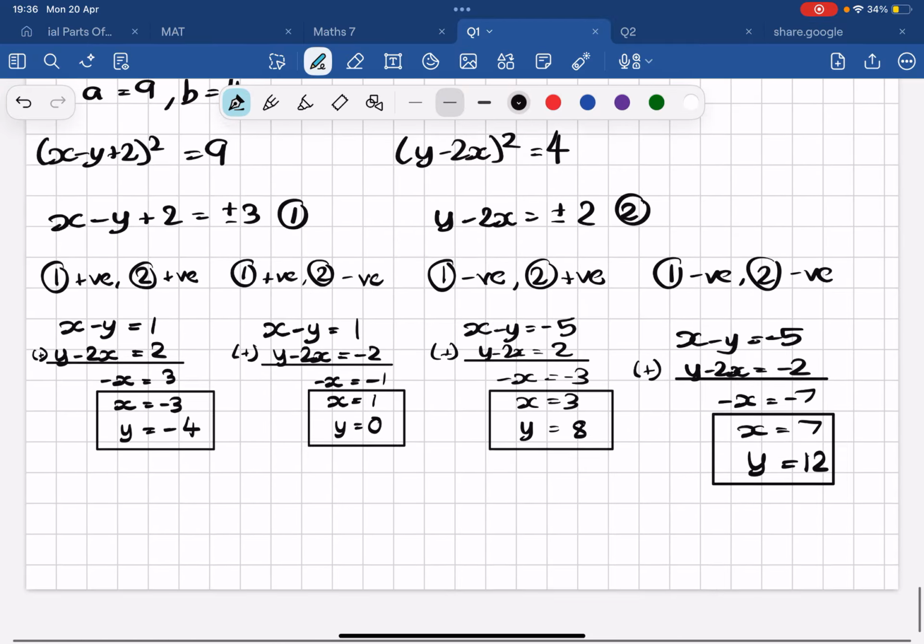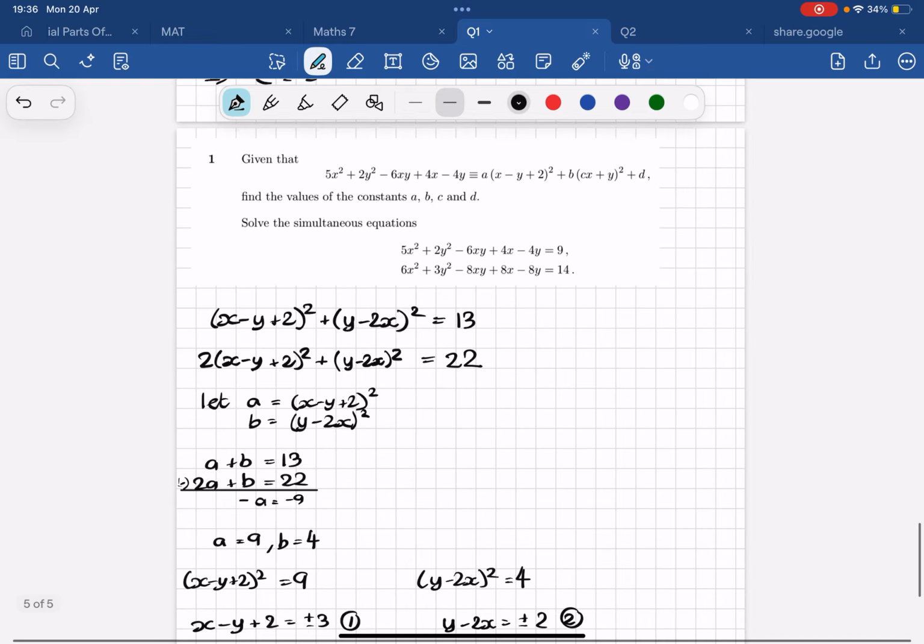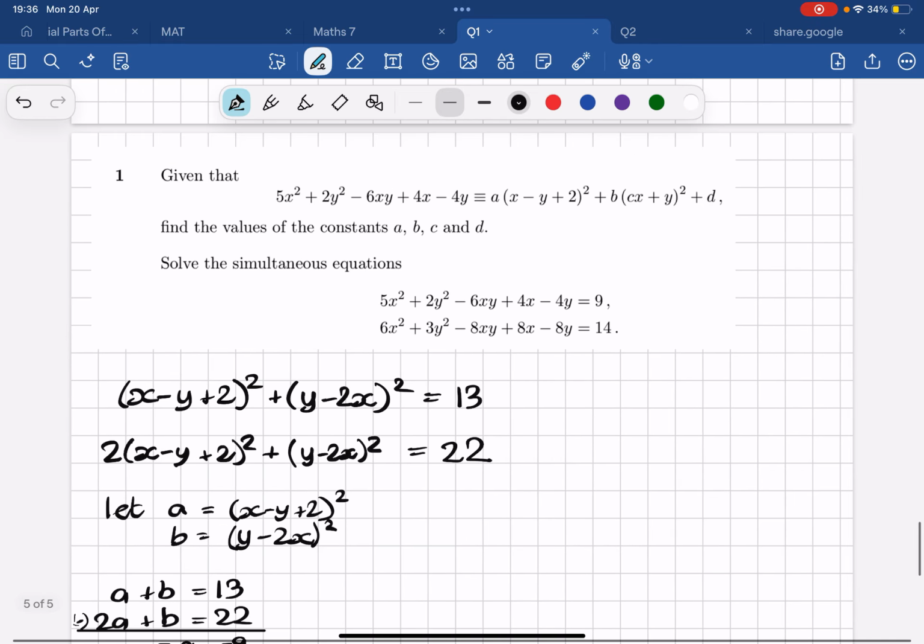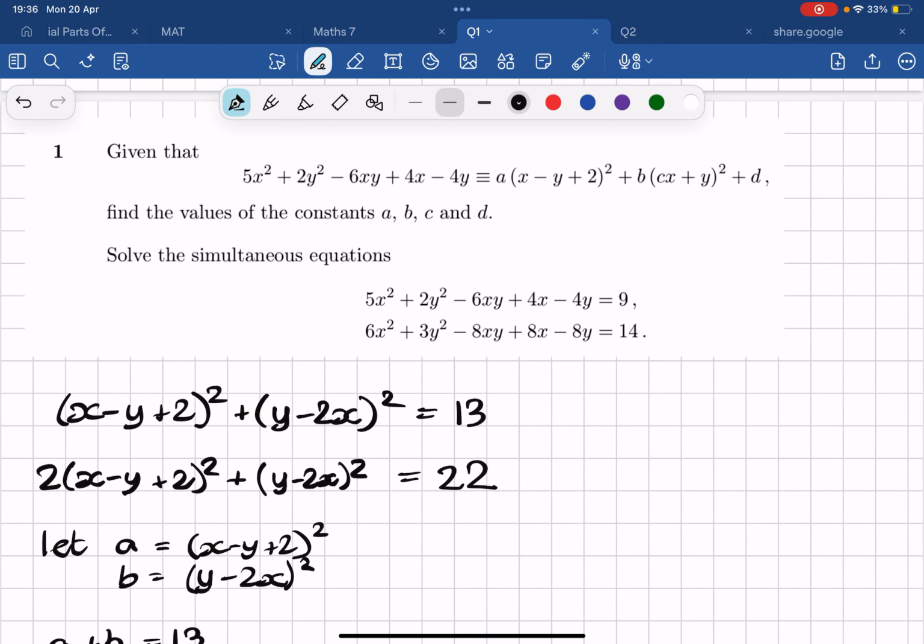So that's it for this question. We've got our pairs of solutions that solve these simultaneous equations. Not too bad for a step question. I mean, it was question 1, but